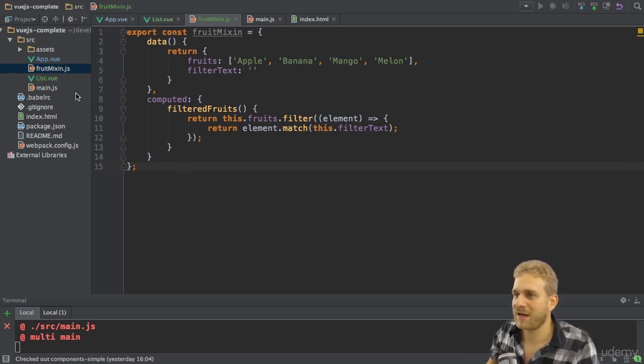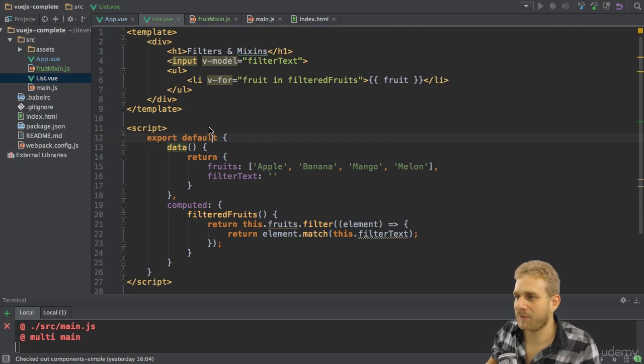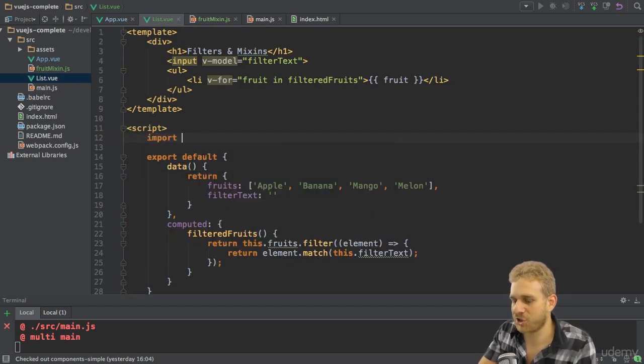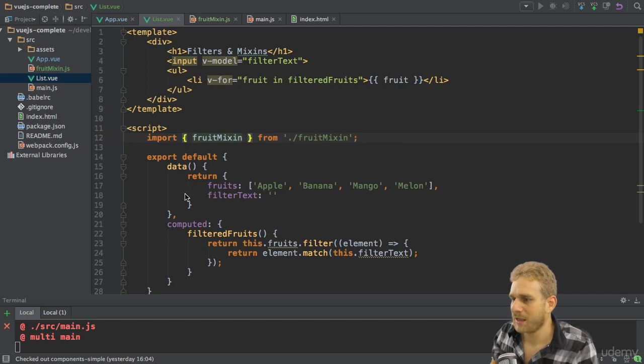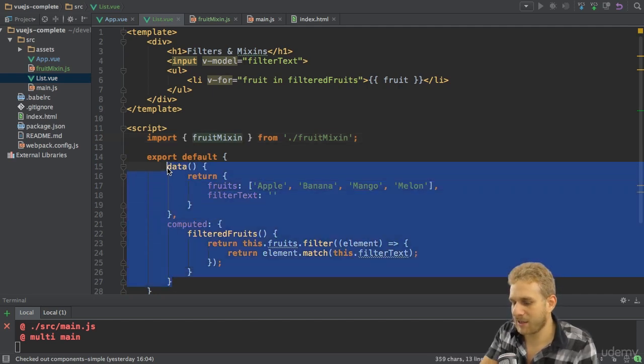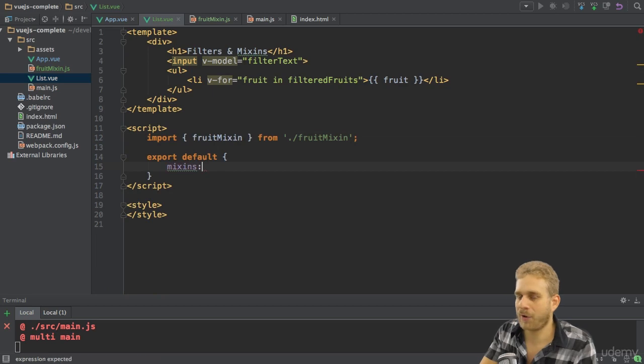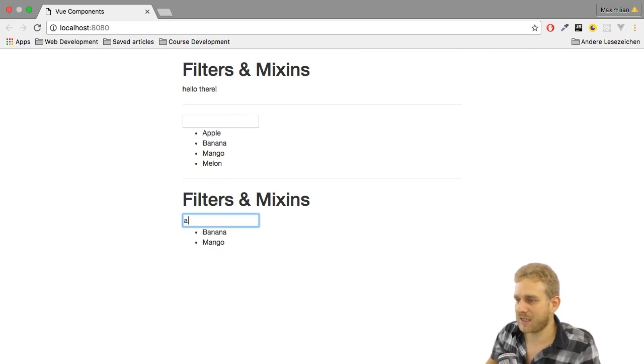Now with that I can go back to my list here and I want to import this newly created mixin which I export there. So I import that from my fruit mixin file, and the thing I want to import of course is my fruit mixin. And now I can simply replace the data here with the mixins property on that Vue instance, which is an array where I specify all the mixins, so all the code snippets I want to add to this instance. Now if I save this and navigate back to the app, you see this still works as before,